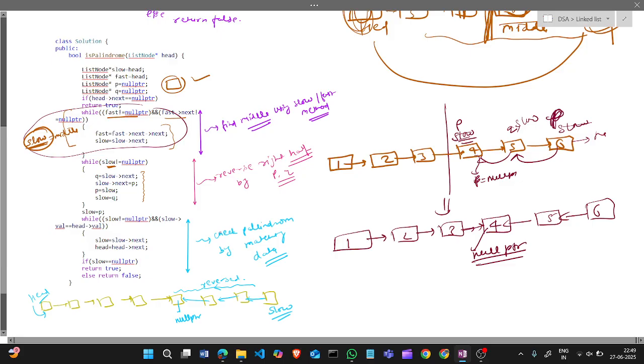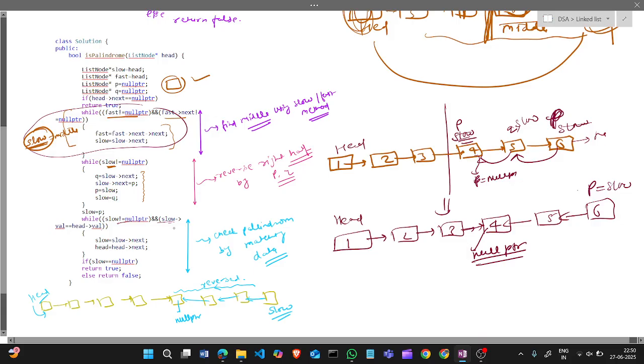Now see, so what it says, p is now here and this is slow now. Okay, so if slow is not null pointer and slow value is equal to the head value, so head is here already.